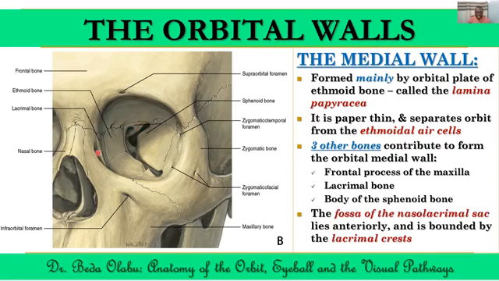The fossa for the nasolacrimal sac is found here. This fossa of the nasolacrimal sac is bounded by 2 ridges, which we call the lacrimal crest. The anterior lacrimal crest is a crest on the frontal process of the maxilla. The posterior lacrimal crest is a crest on the lacrimal bone itself. The depression between the 2 is where you find the nasolacrimal sac,